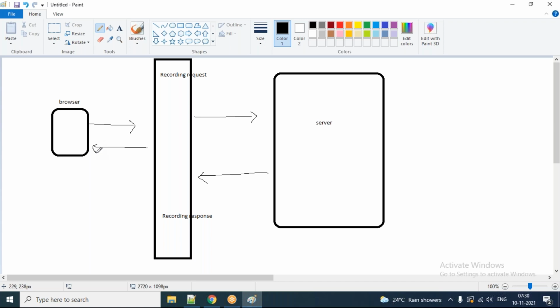This is happening during your script recording. Those who are doing performance testing, those who are preparing their script, this is how everybody will do. They launch the browser, and the script will be recorded in performance testing tools. This is a regular procedure. This is how your script recording is basically happening. Anybody have any question in this? How this is happening?